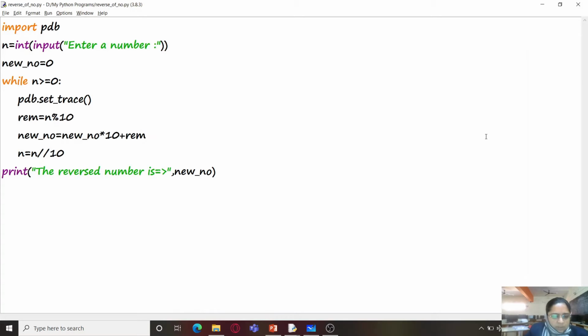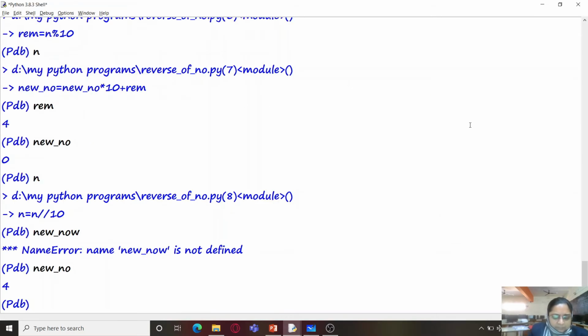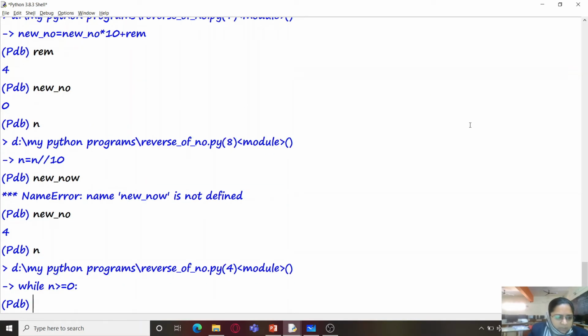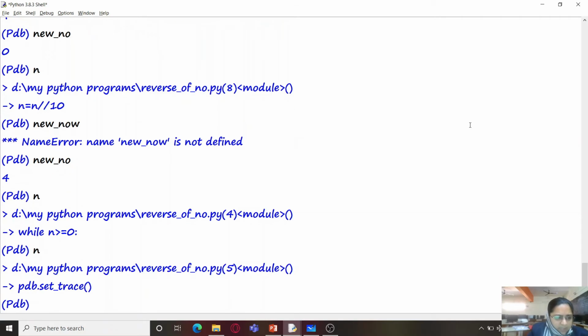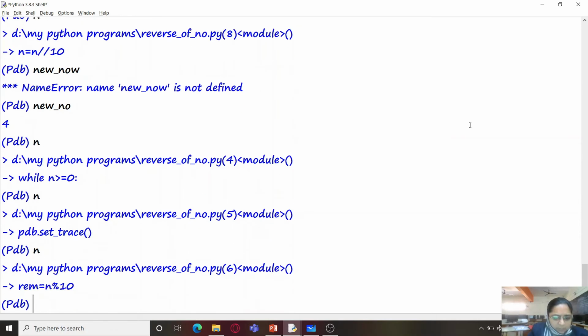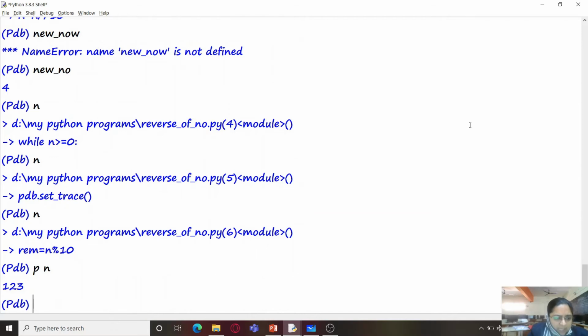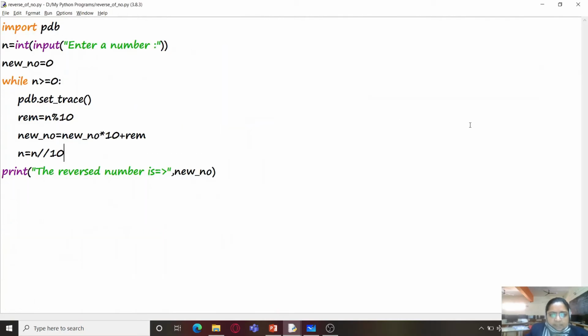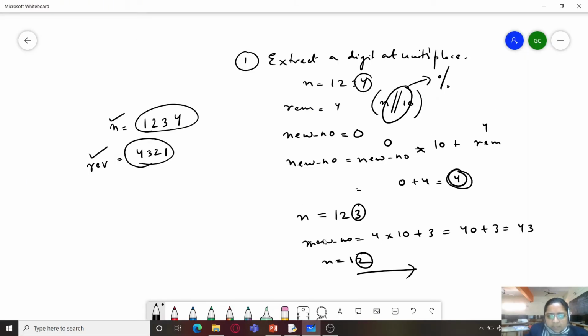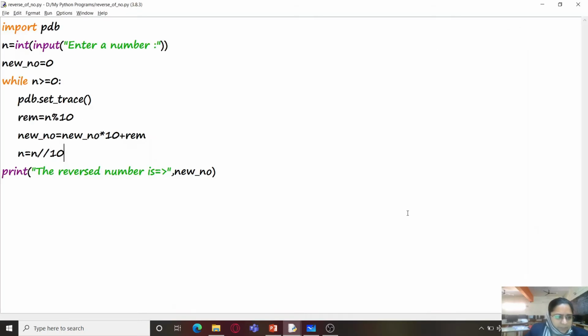Next time, again I'm going to run the next statement. Let's print the value of n. If I have to print the value of n, I'll have to use p. So the value of n is now 123, as expected according to our next iteration over here.